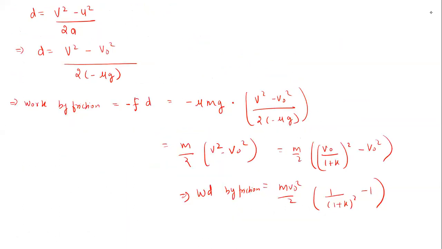Any doubt? We can equate the work done by friction obtained by work energy theorem. Yes, that also we can do. We can find the work done by the friction force, then apply the work energy theorem to find the velocity of the body. Any way you do, the answer will be correct only. Okay, fine. So please make a note of this. So this is a complete analysis of the rolling motion.